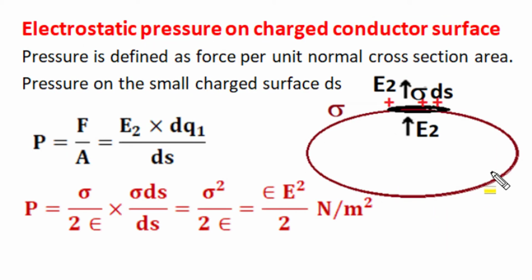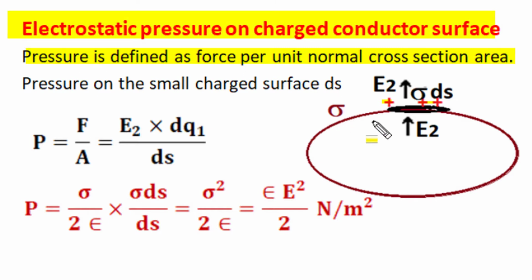If a conductor surface gets excess positive charge, then that positive charge will distribute itself on the outer surface with unequal surface charge density, and now like polarity charges of the surface will have a mutual repulsion force. Due to that mutual repulsion force, if this closed surface has a flexible structure, then the force will exert pressure on the surface of the charged sphere, and we know pressure is defined as force per unit normal cross section area. So by that understanding we can find out the electrostatic pressure generated on a charged conductor surface.